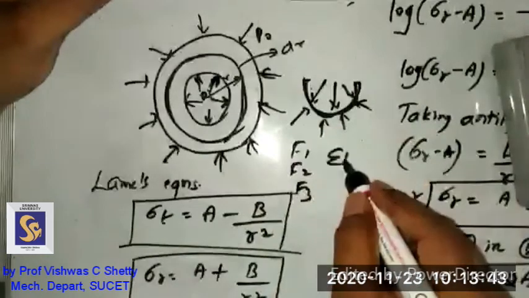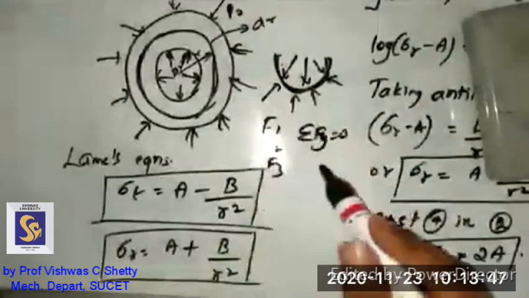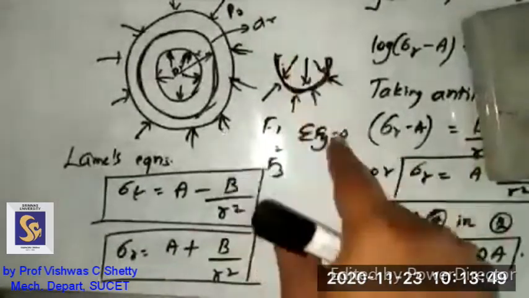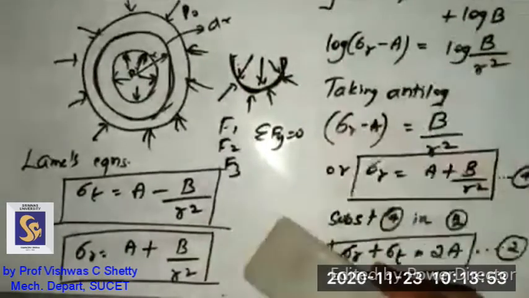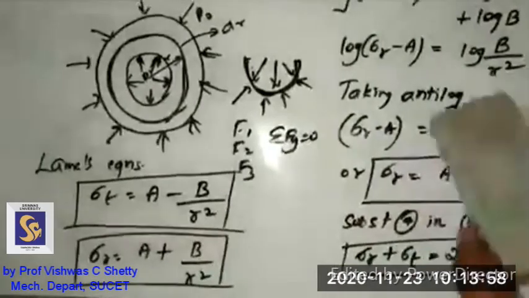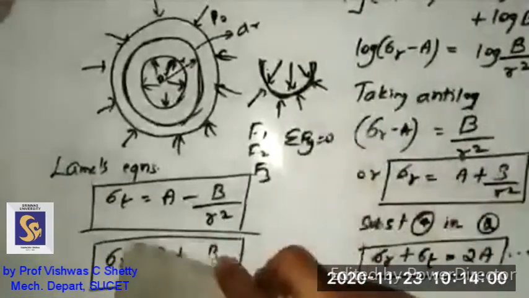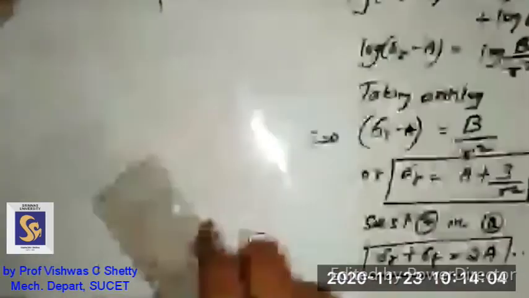Make the summation of forces along the y direction as 0 for equilibrium conditions. Then you will get the equations. Then go on solving and integrate. Take the logarithm, anti-logarithm. At some point, you'll have to introduce a constant. So that is how you solve the derivation. We'll solve one problem on this.